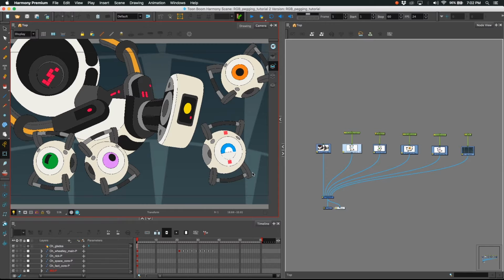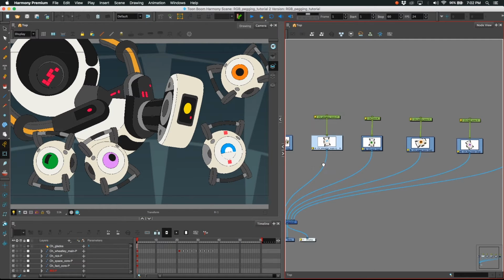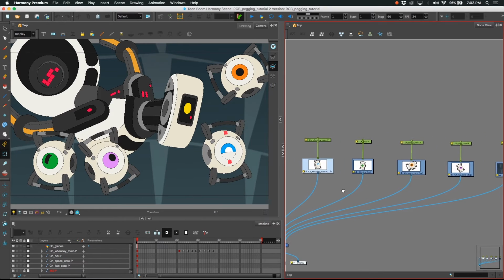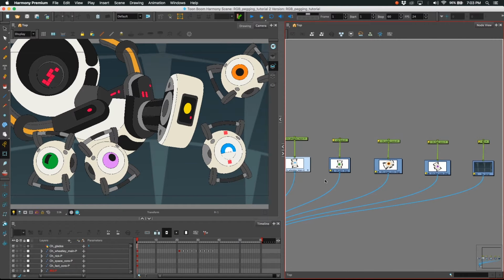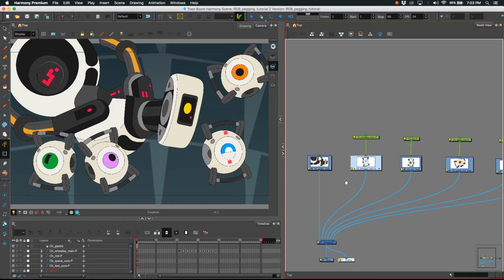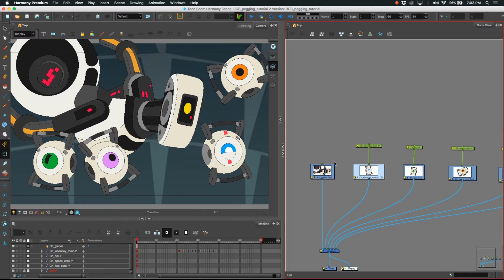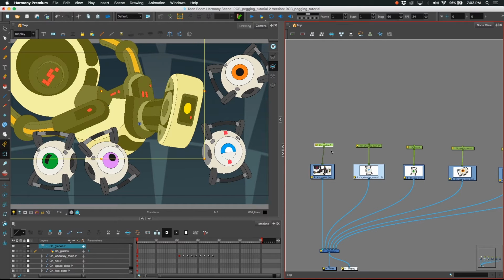Okay, so now we want to get into placing our pegs. So to start off, we're going to add a peg to one of our characters. Now as you can see, our other personality cores all have pegs on them, but GLaDOS is missing a peg. Harmony's shortcut by default for adding pegs is Control P. You want to select your drawing, hit Control P or Command P on Mac, and you'll get a peg that